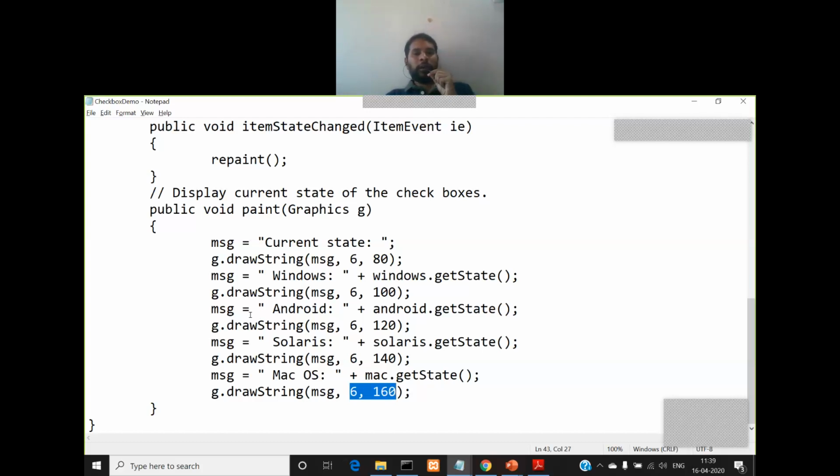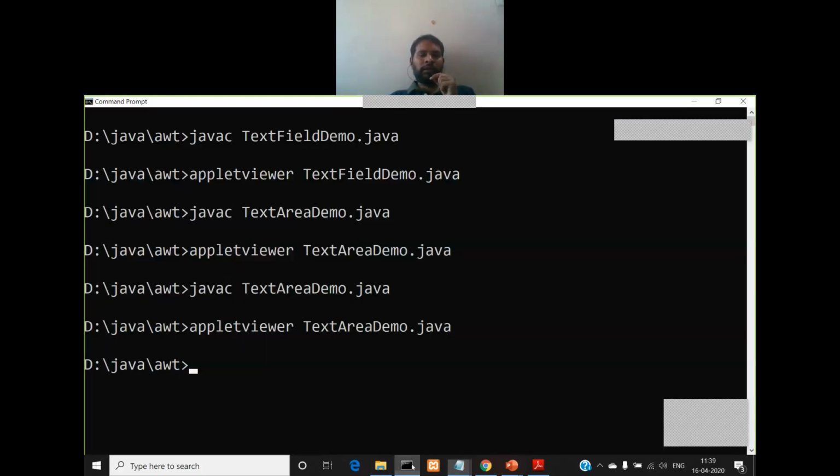Okay, I hope you understood this one. Everything is common, the only thing is we are changing the message content and displaying the state of all these 4 checkboxes. First one is Windows, second one is Android, third one is Solaris, and finally the fourth one is Mac OS.